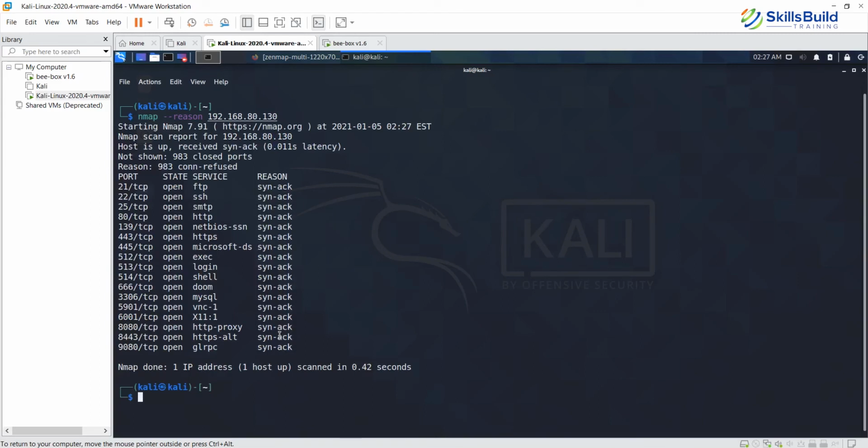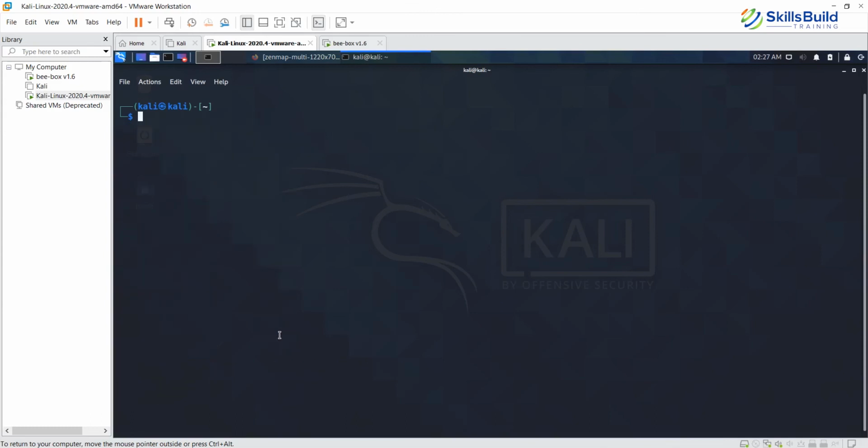The reason is SYN-ACK. So the output shows the reason information of a SYN-ACK packet using a TTL or time to live of 128. So that is what it shows. So let's just go ahead and close this.